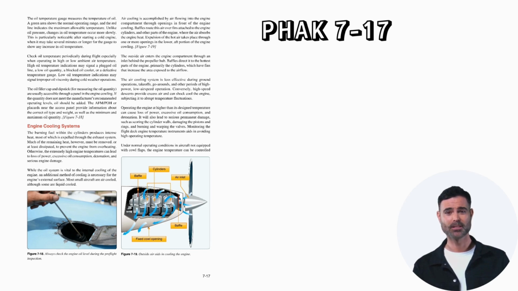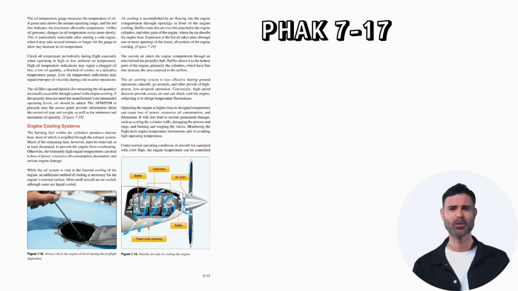Expulsion of the hot air takes place through one or more openings in the lower aft portion of the engine cowling. The outside air enters the engine compartment through an inlet behind the propeller hub. Baffles direct it to the hottest parts of the engine, primarily the cylinders, which have fins that increase the area exposed to the airflow. The air cooling system is less effective during ground operations, takeoffs, go-arounds, and other periods of